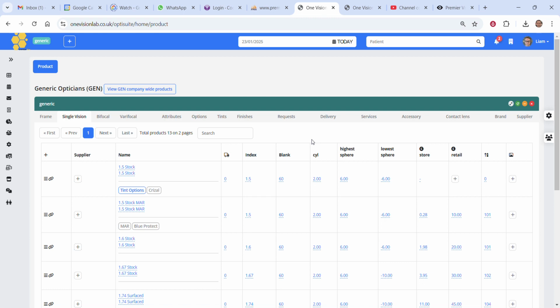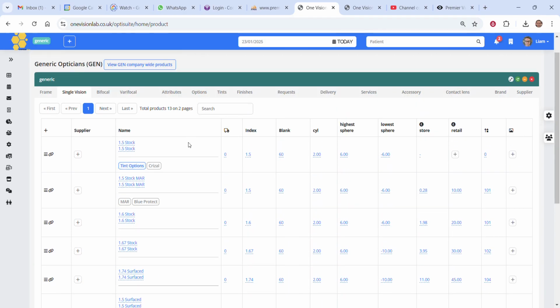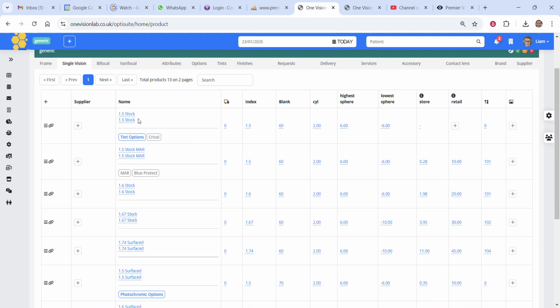Okay, so product table again, and now we're going to talk lenses, and we'll start with single vision. So I've actually pre-populated quite a few lenses in here. I've given them names, I've given them an index, and bearing in mind most lenses are restricted to a certain blank size. I've given a blank size, the maximum sill, the high sphere, the low sphere,